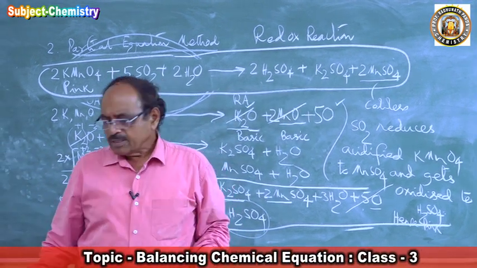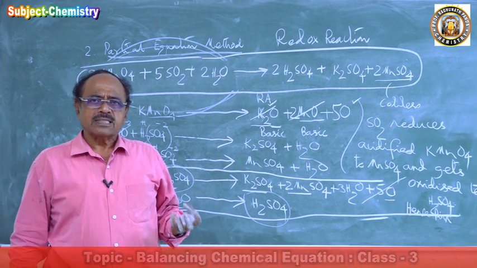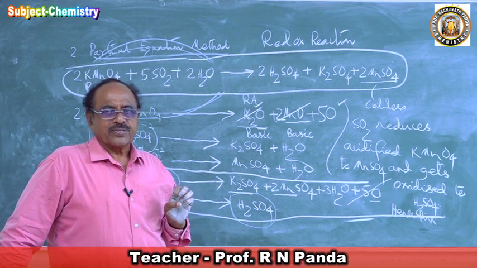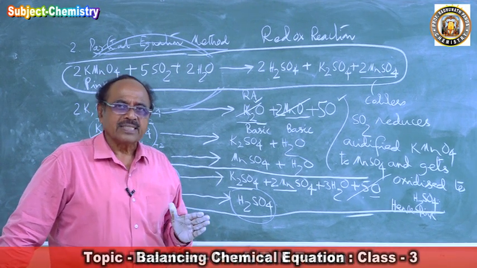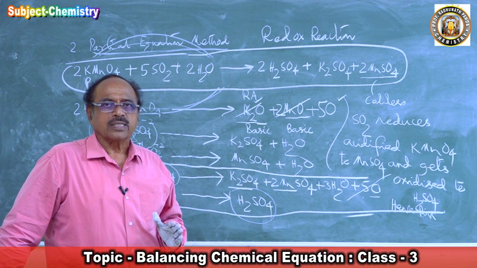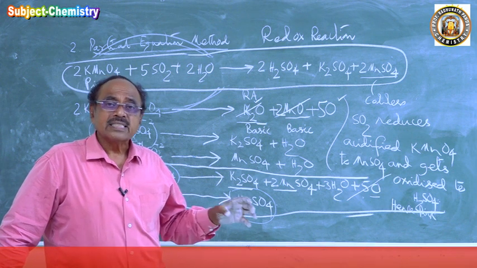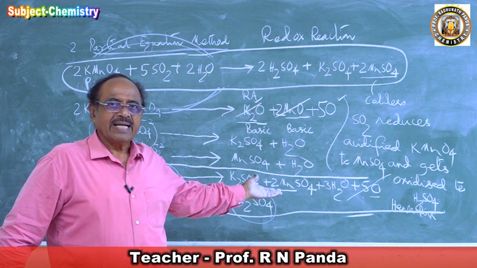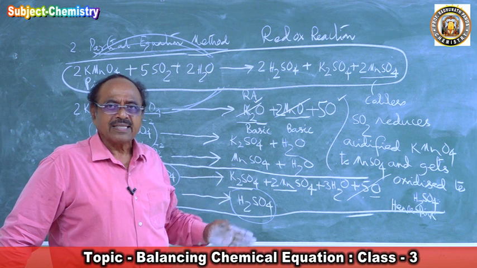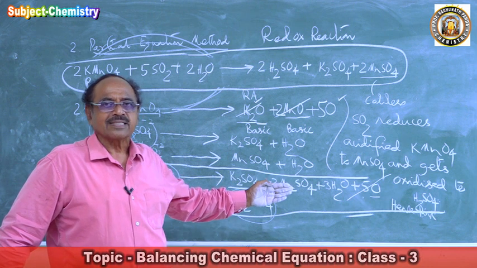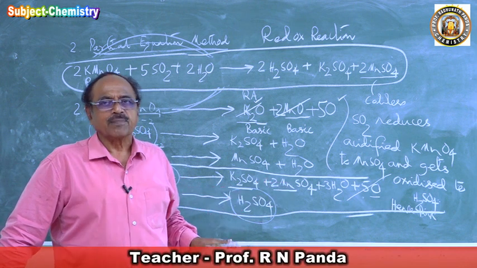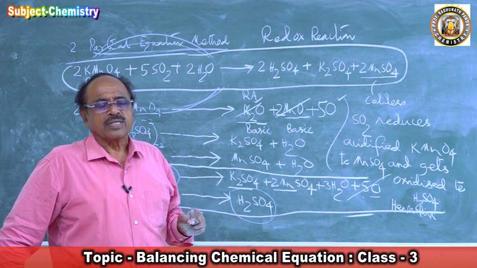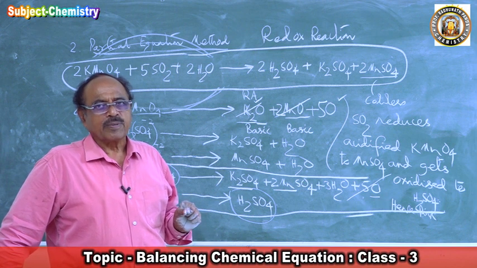Children, you see, it's not very difficult, the partial equation method. The partial equation method is easy, but you have to know certain clues of chemistry. That is the reason I taught you acidic oxide, basic oxide, salt, acid, base. All these things I taught before teaching you balancing chemical equations. This is my 8th or 9th class. Before this 9th class, I have done 7 or 8 classes. So you go through those classes and come to this. You can give a challenge to anybody. Anybody gives you any equation, you can balance that equation. That will not be difficult.